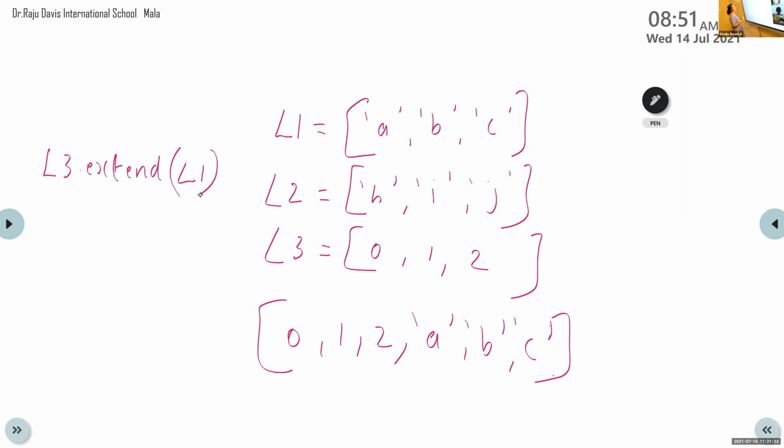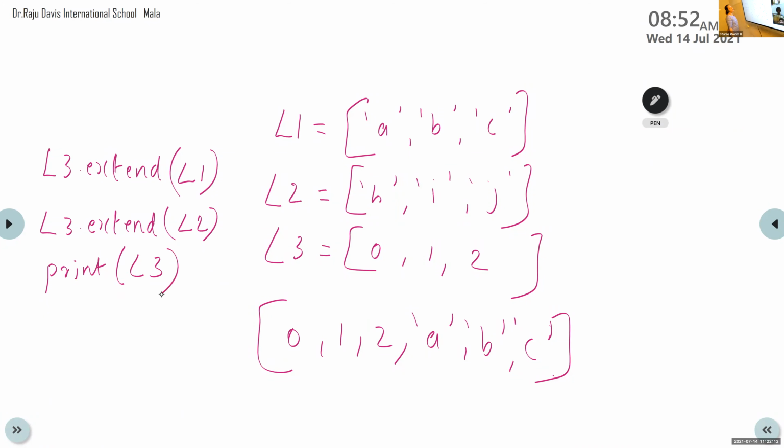Then next statement. Srihari. Next statement. L3 dot extend L2. The next statement. Print L3.